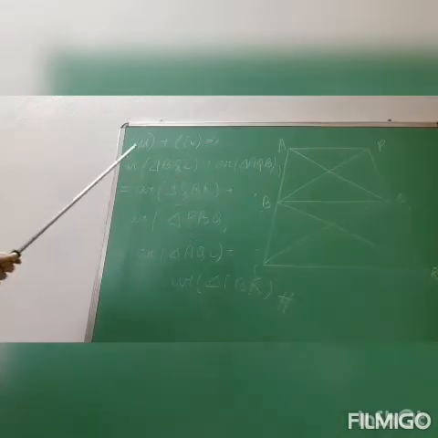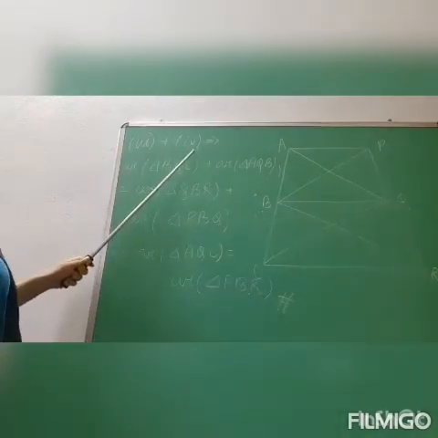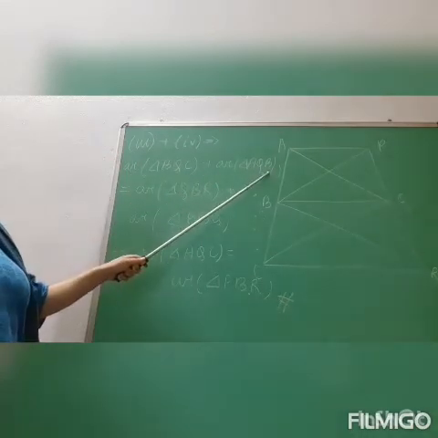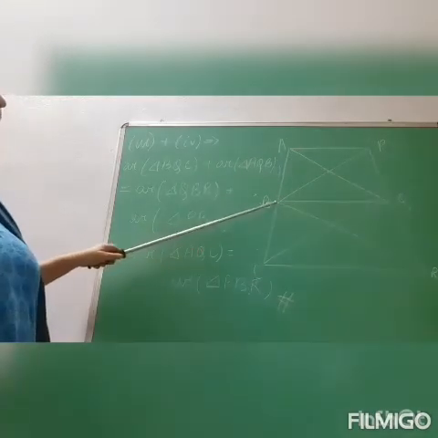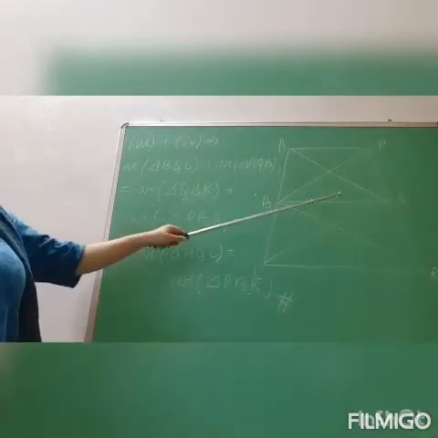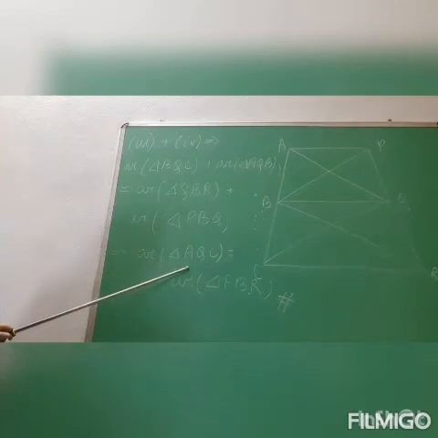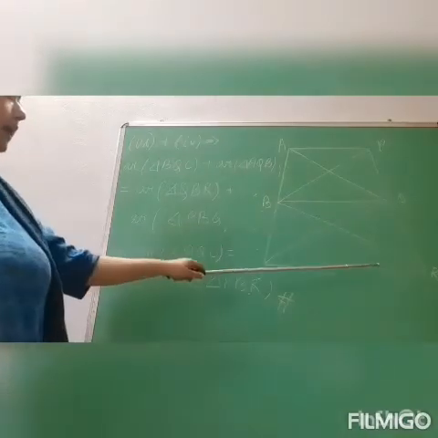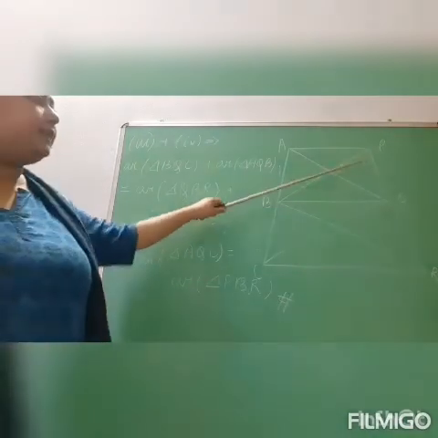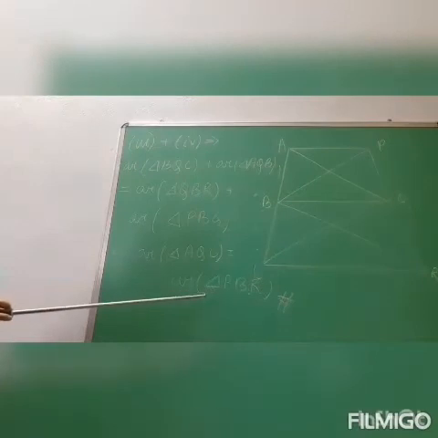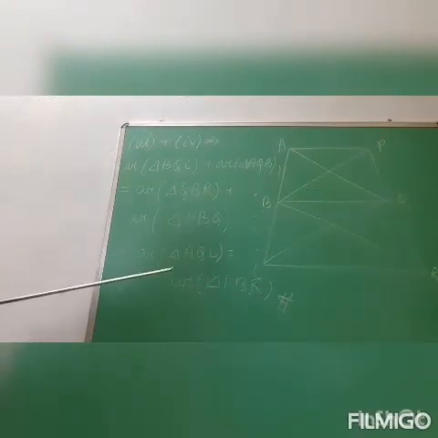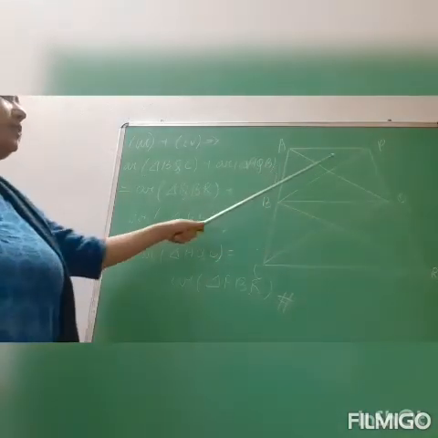Now finally, if I add these two equations, equation 3 and equation 4, then what will I get? Area of triangle BQC plus area of triangle AQB. AQB plus BQC, I will get AQC. So I have written here area of triangle AQC. Similarly, if I add QBR plus PBQ, I will get PBR. So I have written here area of triangle PBR. So by adding these two equations, I will get that area of triangle AQC is equal to area of the triangle PBR. This is what we need to prove.